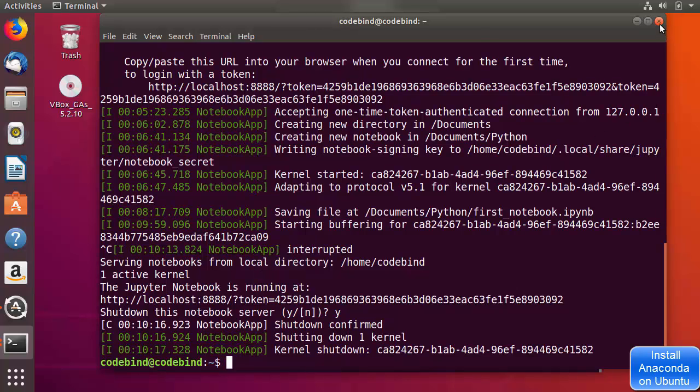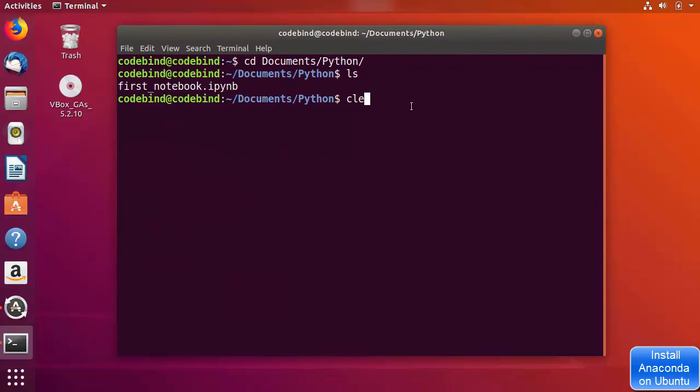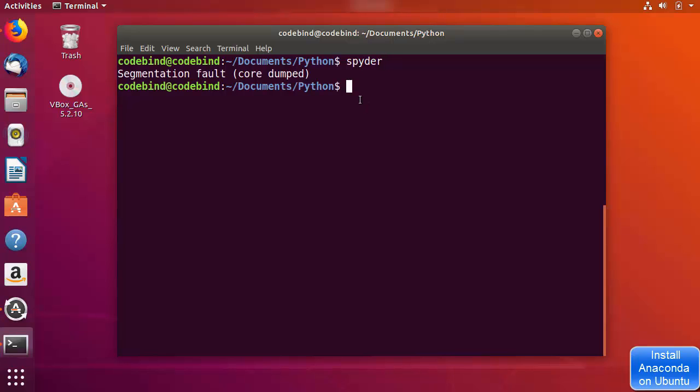So I'm going to close this terminal once again, and on the next terminal, this time I want to start the Spyder IDE using this terminal. So just write spyder and then press enter, and if you see a message which says segmentation fault or any other error, you can first of all update the Spyder version using the conda command. So just write conda update spyder and then press enter,